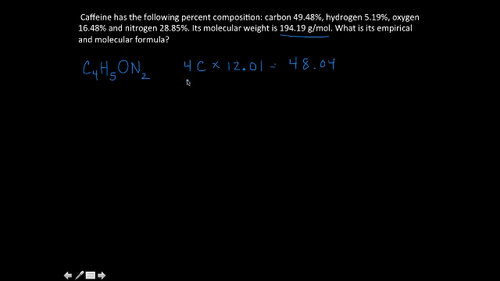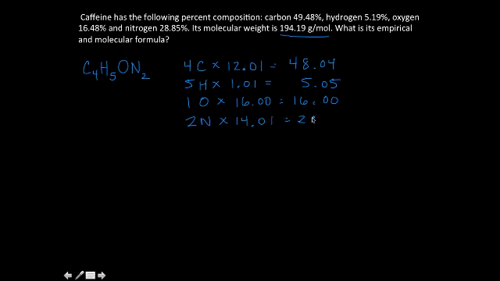And then I look at my hydrogens, I see I got 5 hydrogens, and I multiply that by 1.01. Again, these are the atomic masses I'm getting off the periodic table. You guys have done this before. 5.05. And I take my oxygen, I've got 1 oxygen atom, I multiply that by 16, which is the atomic mass found on the periodic table, and that is 16.00. And I go ahead and I do nitrogen, 2 nitrogen atoms in that molecule, and I multiply that by the atomic mass, 14.01, and I get